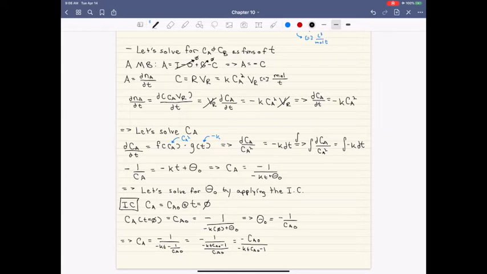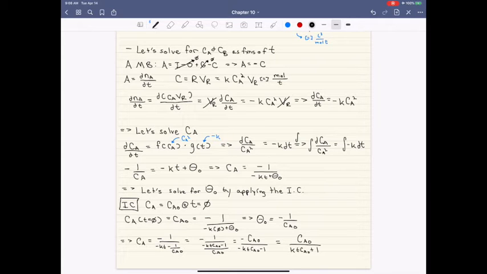And then I could pull out the negative sign from both the top and the bottom. And those cancel out. So what you end up with is this. Okay? So it took a bit of algebra to get it to this form, but now it's a bit nice